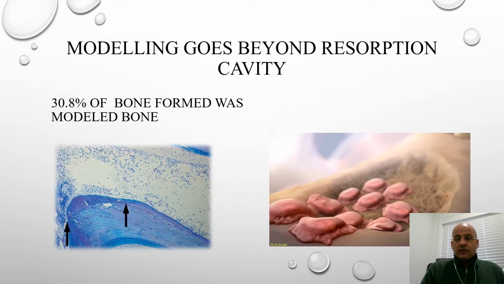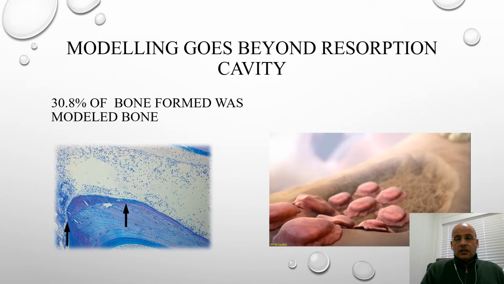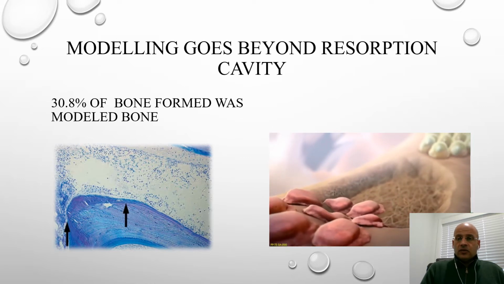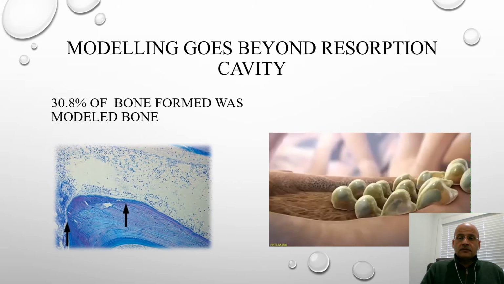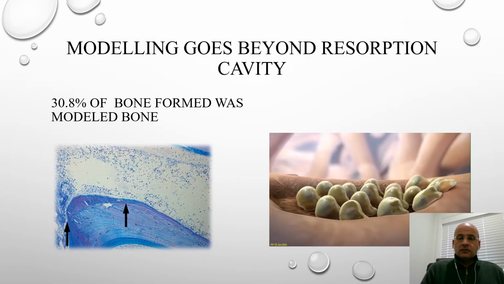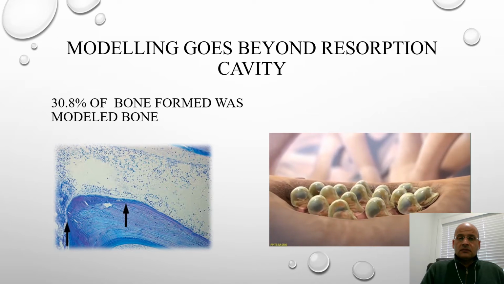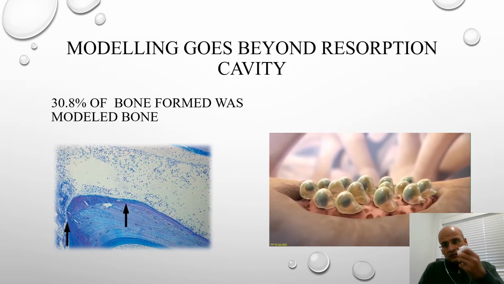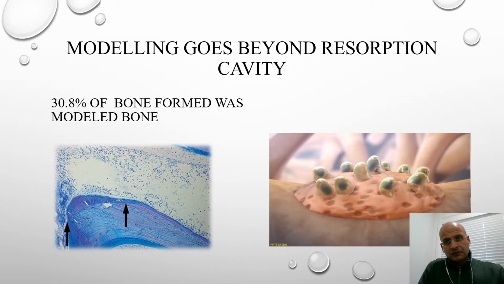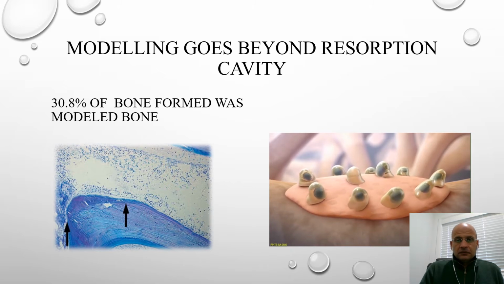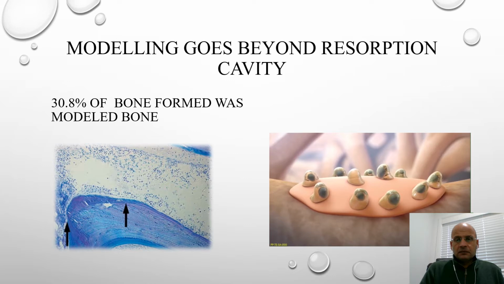Now, this is a YouTube video describing a pro-remodeling anabolic agent that removes older or fatigued bone and adds more bone than was present before treatment. While Forteo stimulates the coupled process of bone remodeling, it preferentially increases the number and activity of osteoblasts, causing new bone to overfill existing resorption sites. New bone also forms on adjacent surfaces without prior resorption, contributing to the positive bone balance. If you hear this speaker, then on this YouTube